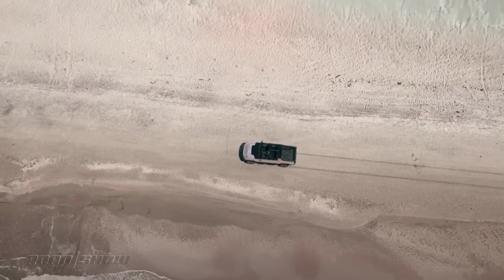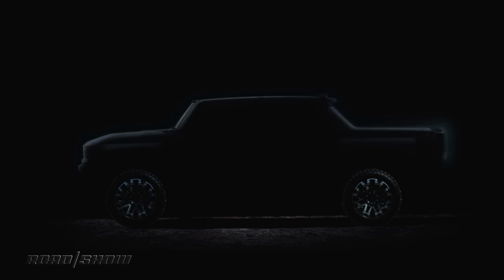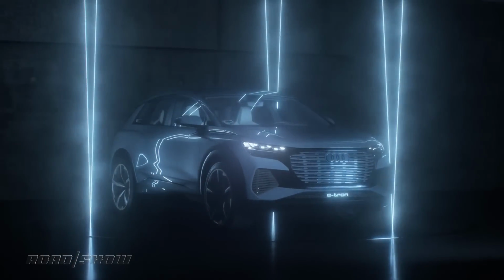Now, before you come at me, I didn't include the GMC Hummer in here because, yeah, we've seen it crab walk and it's pretty dope, but we don't know how much it's gonna cost. We just know it's supposed to come online in the fall of 2021. I also didn't include the Mercedes-Benz EQ line of electric vehicles because, again, we don't know the cost, and we don't know the cost of the Audi Q4 e-tron. All right, that's 8 electric vehicles that will be available by the end of 2021,